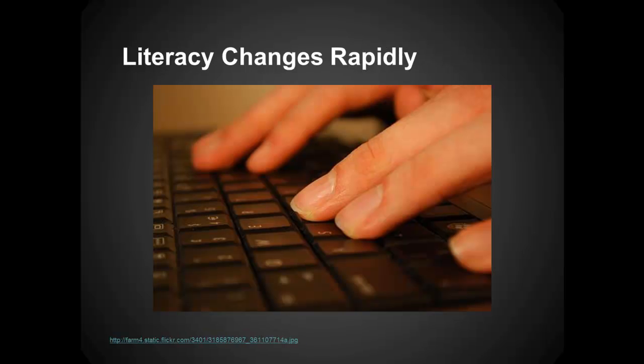As a result, what we see as a literate person is starting to change. No longer is it just enough to be able to read and write. In order to be successful in our day and age, you need to not only read and write, but to have what is referred to as digital literacy. And this is just one type of literacy. There are hundreds of types of literacy that people recognize today, whether it's digital literacy, informational literacy, mathematical literacy, programming literacy. There are so many different types of literacies that Lou and Ferranzi in 2012 started to put together what is referred to as new literacy. And we'll get to that a little bit later.